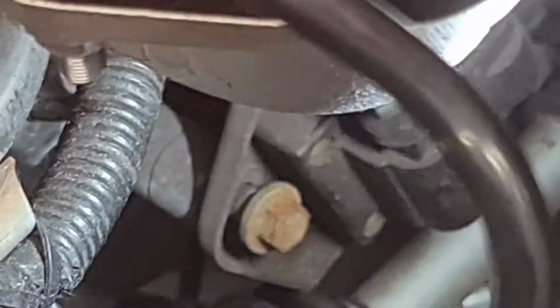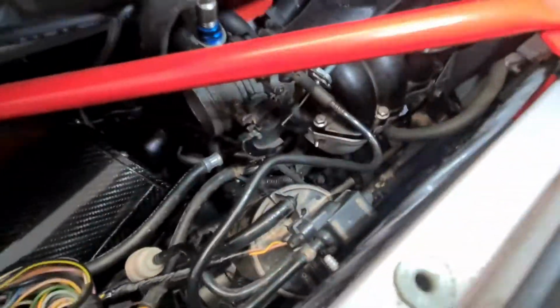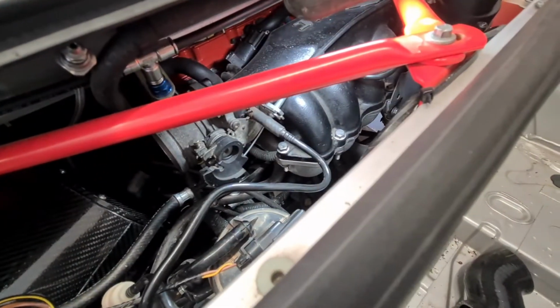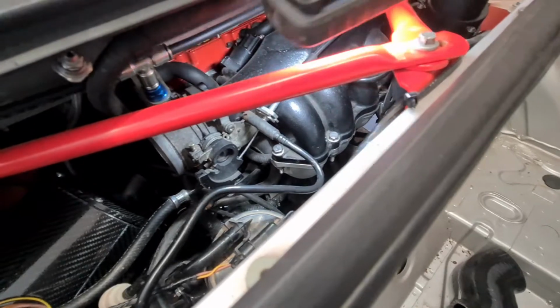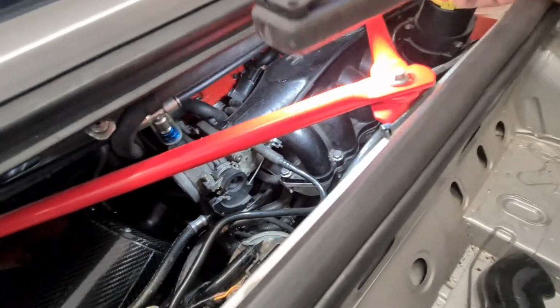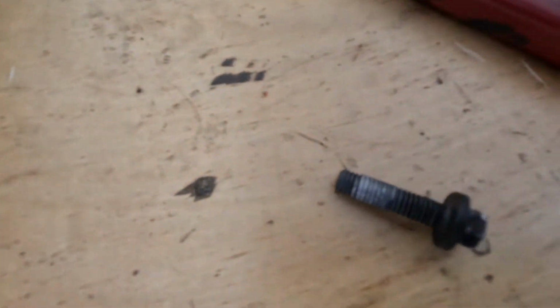Oh, that bolt there, you can just see it half hanging out. And if I bring you back out here, I've just had to nut and bolt that one there on the right hand side. I've already done, nut and bolt that. That one on the left hand side, that was half hanging out, so I had to nut and bolt that one, and it's literally stripped the threads out of the bolt, or out of the